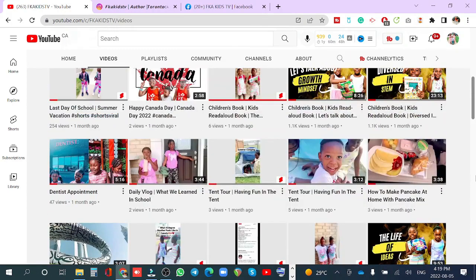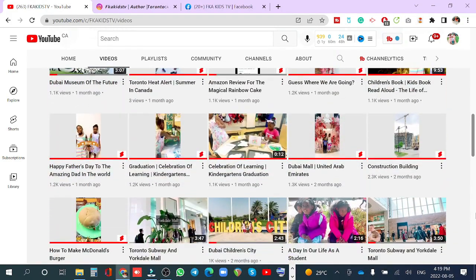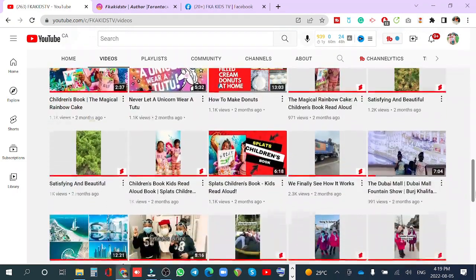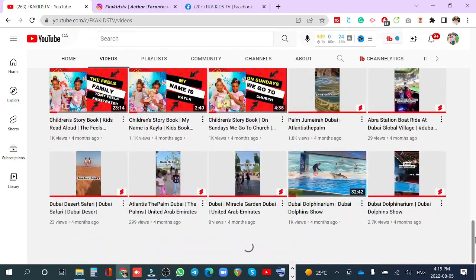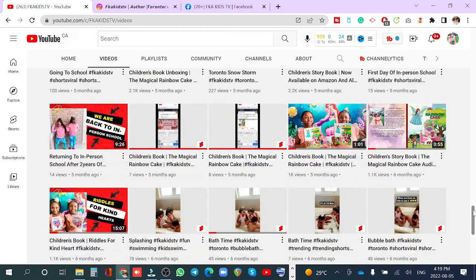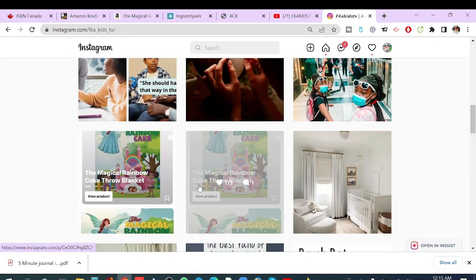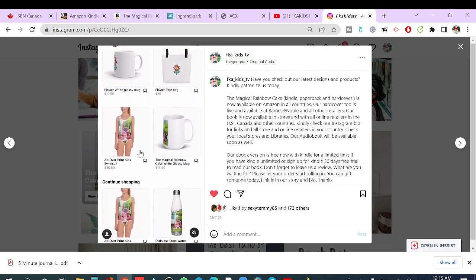So that's it about the book aspect. I'm trying to look for the audiobook. But you can see they are not doing bad. Okay, so let's move to the next. So they have all these products for now